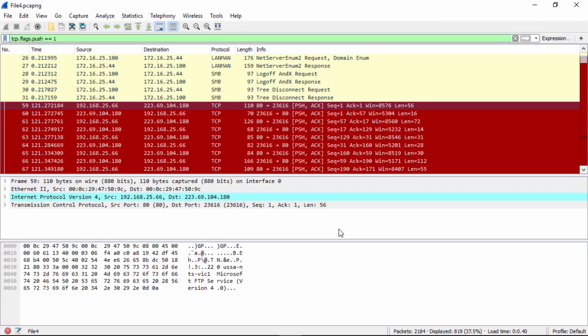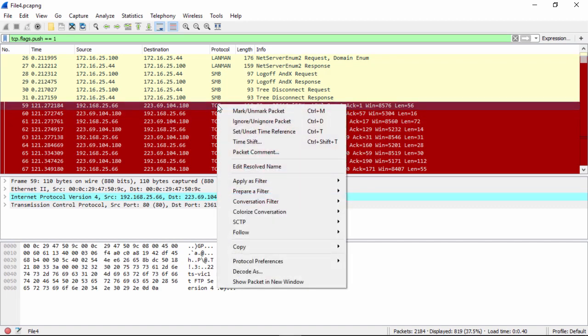So what we want to do now is investigate further, because what we have here is somebody connecting from this IP address at the 223 subnet into a web server, but they're talking to it with FTP. Definitely suspicious. So if I click on it, using our process we've continued to apply throughout, click on follow,